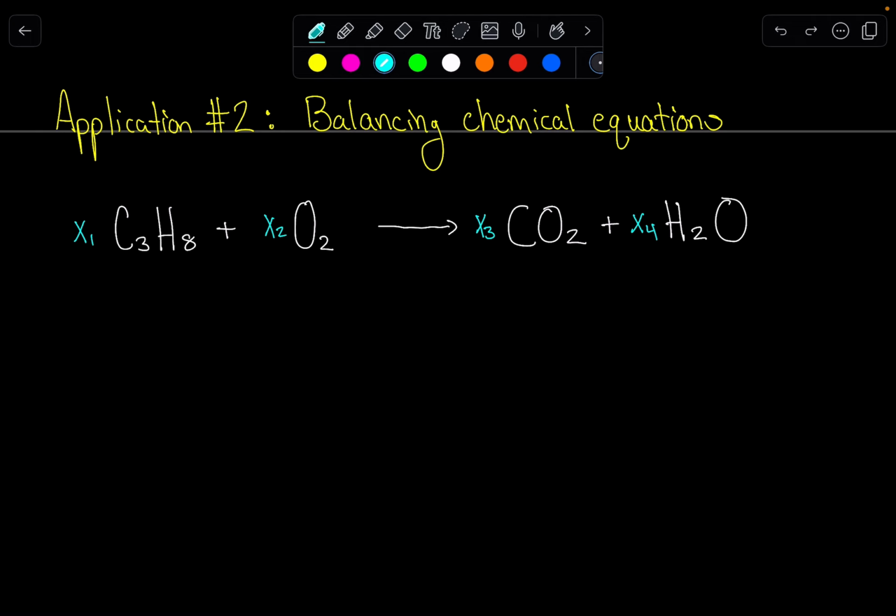Turns out that it's like baking a cake. If the recipe calls for 3 eggs, you don't just cook it with 1 egg. You would have to have 3 of these eggs in order to make the cake. So sometimes you need more than just 1 molecule to make the reaction happen, and that is where linear algebra comes into play. So this is actually really cool, because using linear algebra,